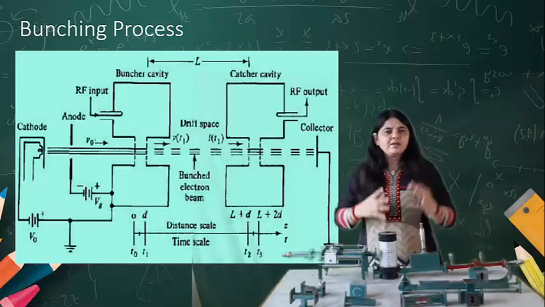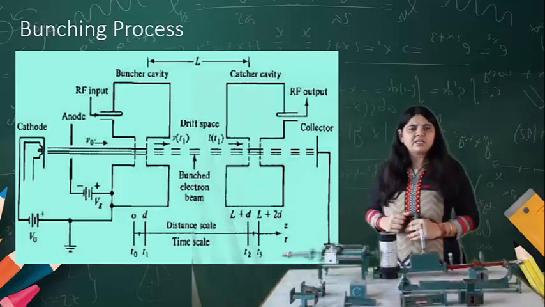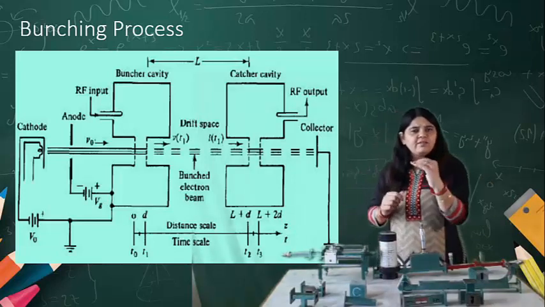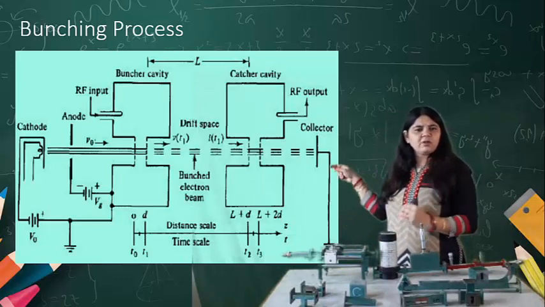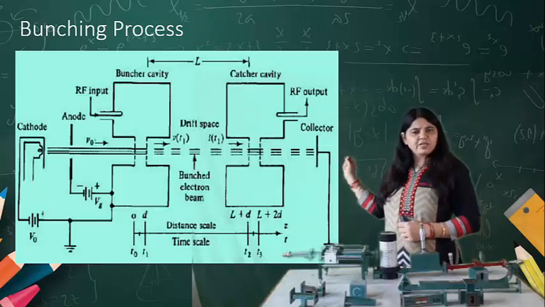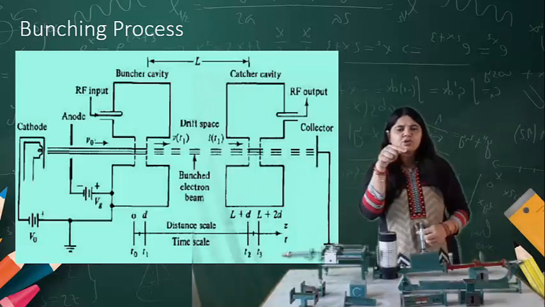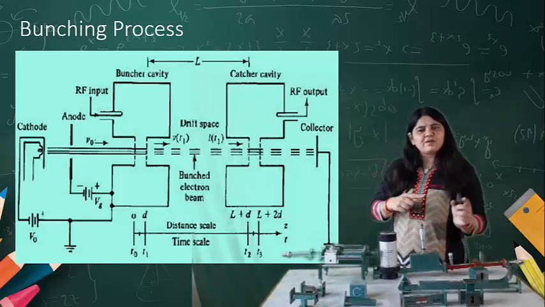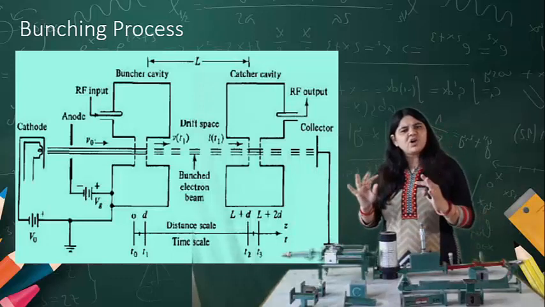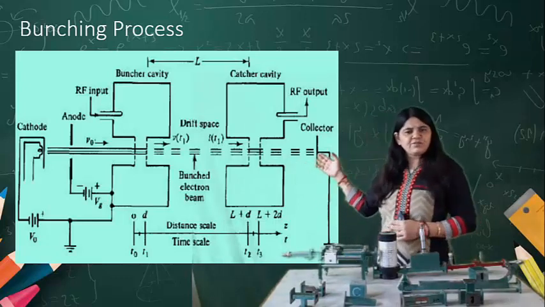Now the RF input will be given to the buncher cavity. The electrons which are coming from the anode will reach this particular cavity end. Here the RF input is applied so that the velocity of the electrons while they are traveling through can be changed. Now all the bunch of electrons will reach the drift space, and through the drift space it